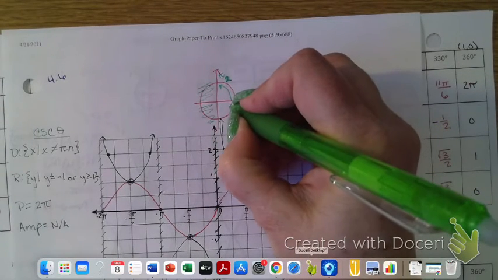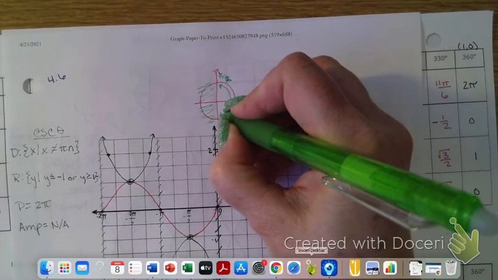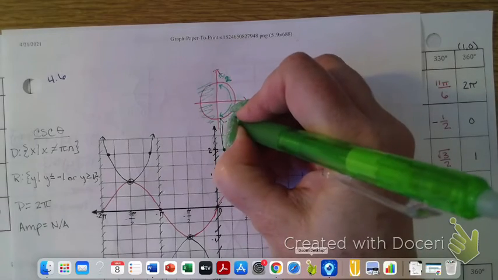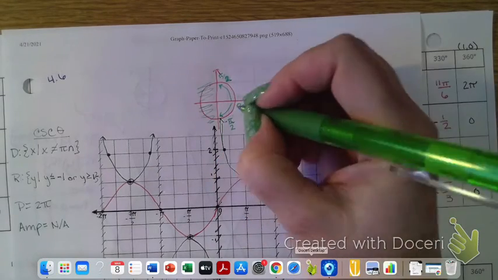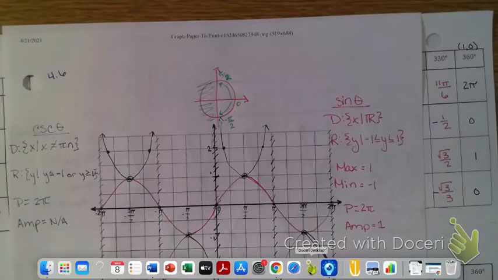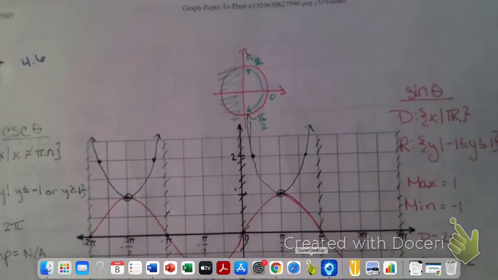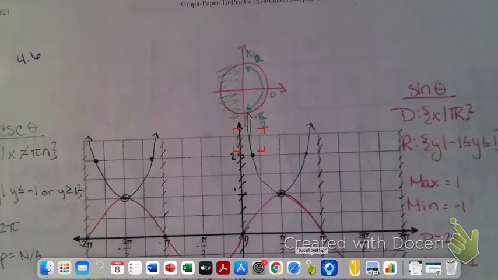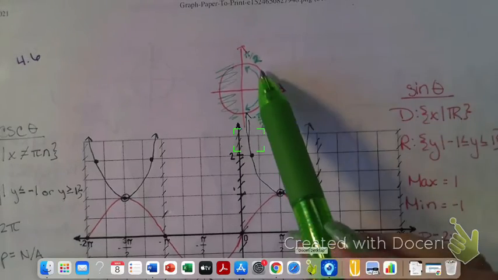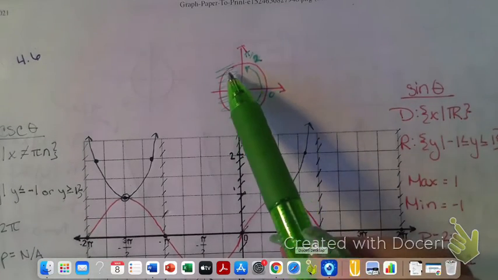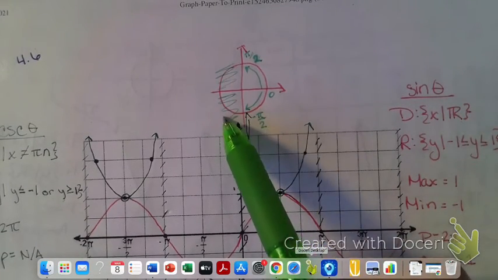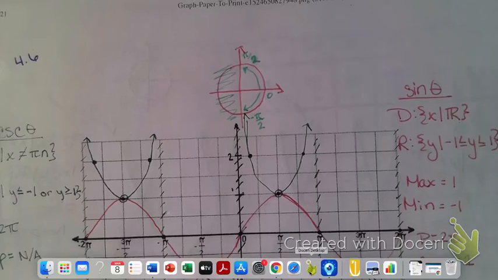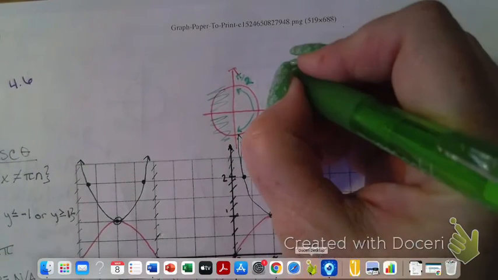And from 0 to negative pi over 2. Now, the reason why that's not 3 pi over 2 anymore is because 3 pi over 2 shows a movement around the circle. Well, can I go around the circle when I've said it doesn't exist anymore? No. So we are going to restrict